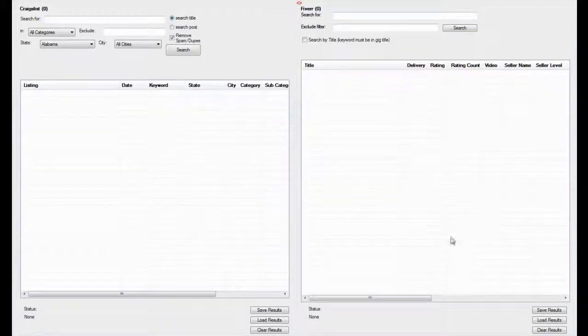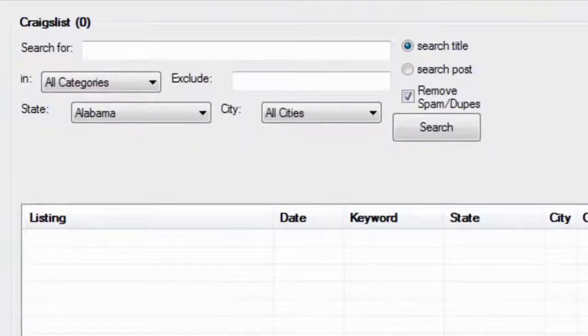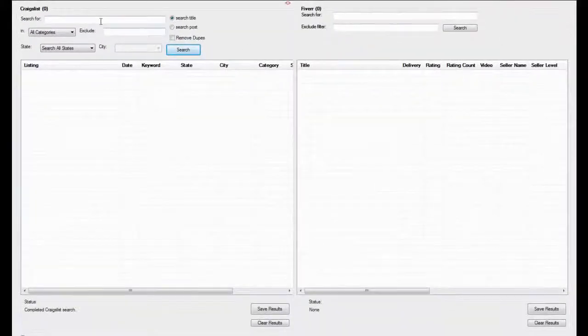Now, when it comes to keywords, this is really unlimited. The only limit is your imagination. I've had luck with logos. I've done a book cover. I've had a lot of luck with book covers, actually. And you'll see for yourself when you crack this bot open, you will see the gold mine that Craigslist truly can be when you have this massive weapon in your hand. But let me stop babbling here and show you how this thing actually works.